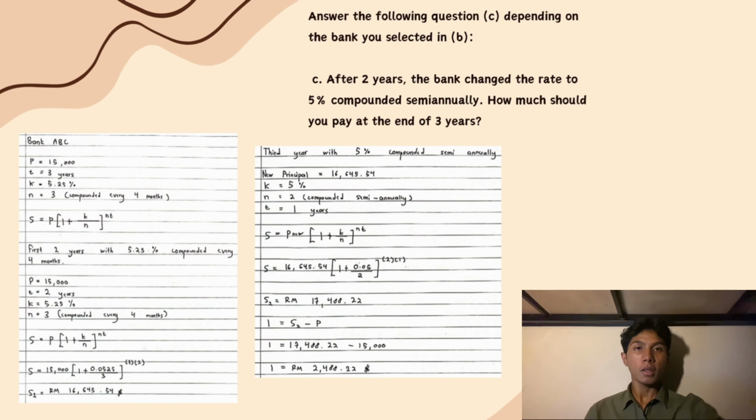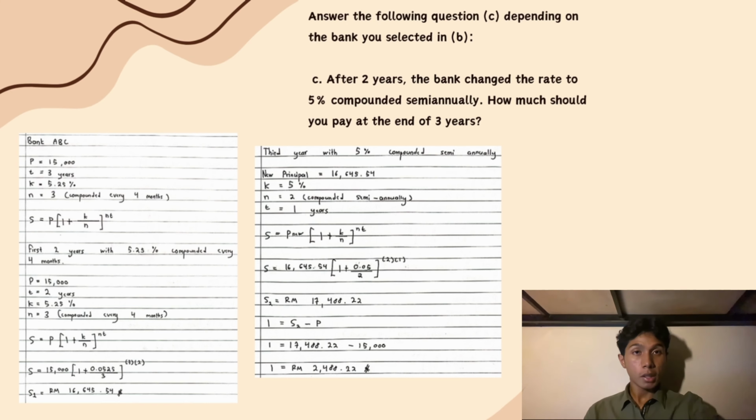For Bank ABC, the total loan amount is calculated using the compound interest formula, which is S equal to P, 1 plus K over N, raised to the power of N times T. In the first 2 years, the interest rate is 5.25%, compounded every 4 months, with a principal of 15,000, a rate of 5.25%, and a compounded frequency which is n equals to 3. The accumulated amount is